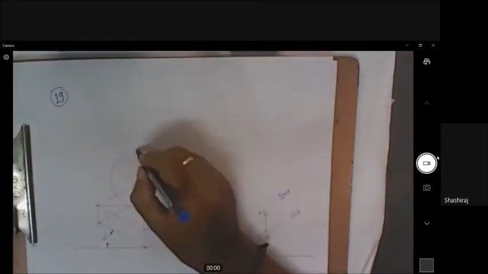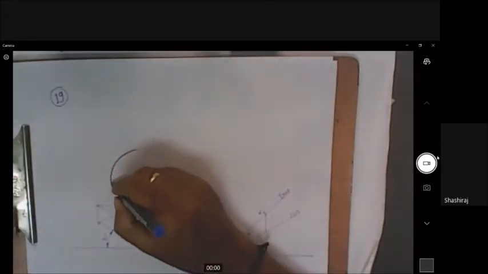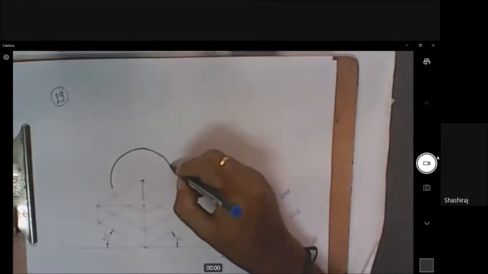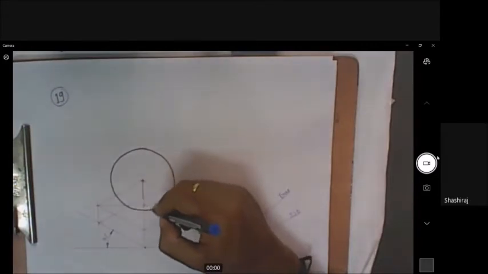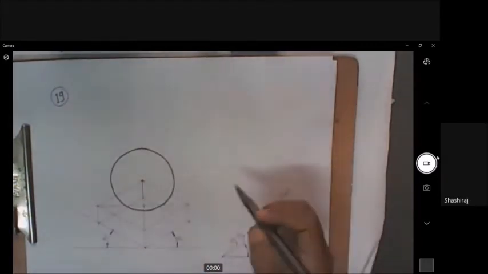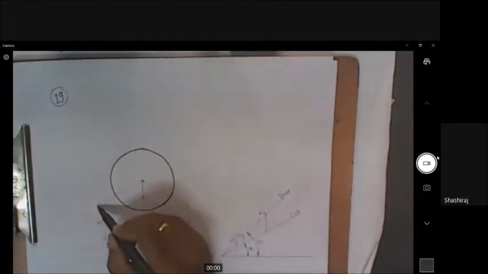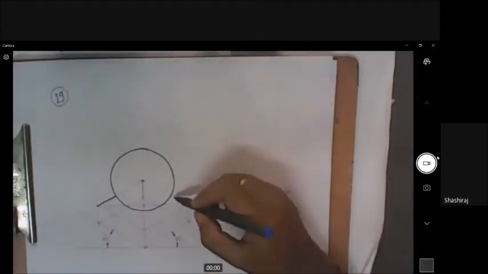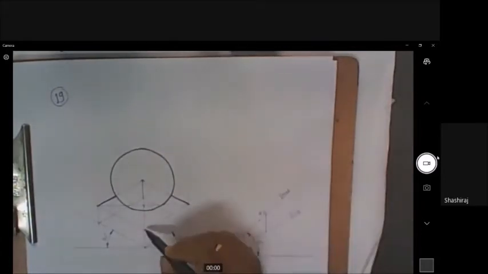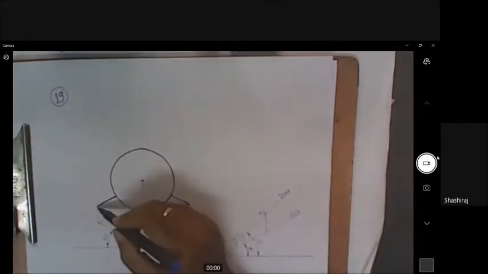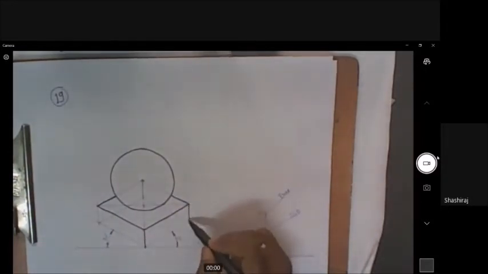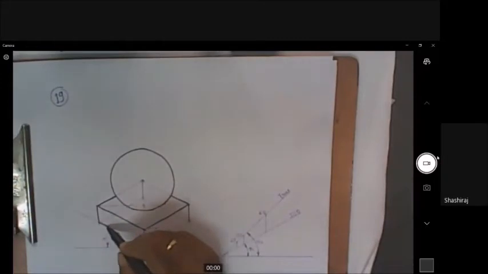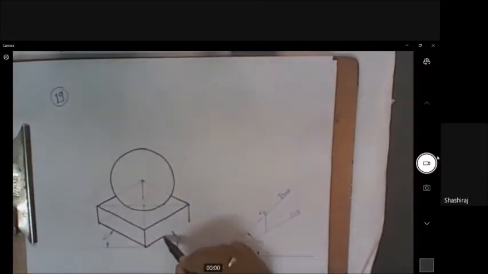Now visibility. To darken the circle obviously because sphere is completely visible. We have seen it in the animation also. Sphere is completely visible. So darken this spherical surface. Solid is only circle. And bottom solid, this edge is visible till here. This edge is visible till here. And front, this edge is completely visible. This edge is also completely visible. And these three vertical edges are visible. And bottom front edges, these are also visible. This completes the solution.